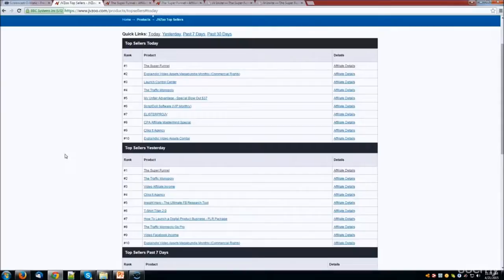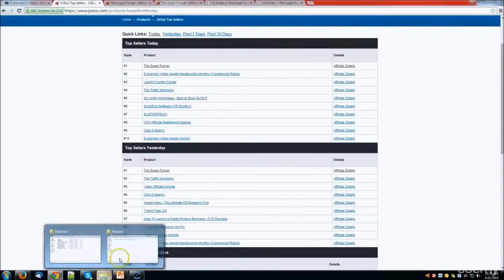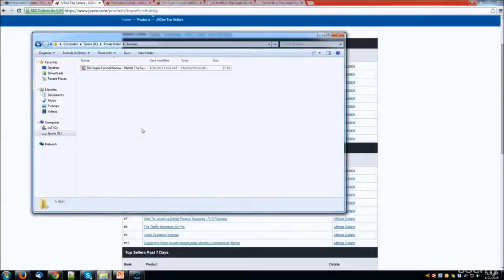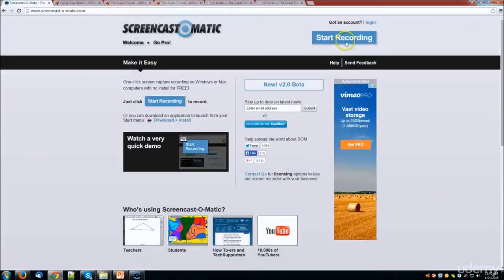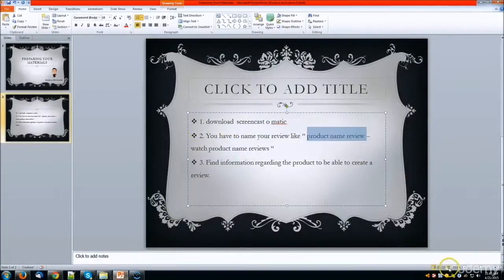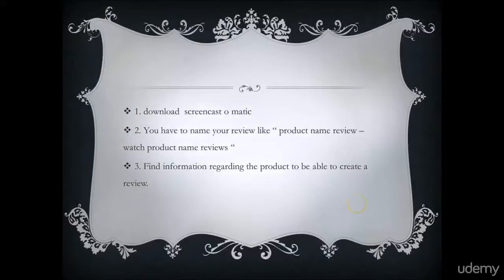Now, once you have an idea about a product, all you have to do is create the PowerPoint file, and once you have the PowerPoint file ready to go, we simply have to create the video. Now, creating the video is simple, and I tell you right now, you open Screencast-O-Matic, you push the start recording button, and all you do basically is hit this slideshow button below in PowerPoint, and what's going to happen, the whole PowerPoint will be in full size.